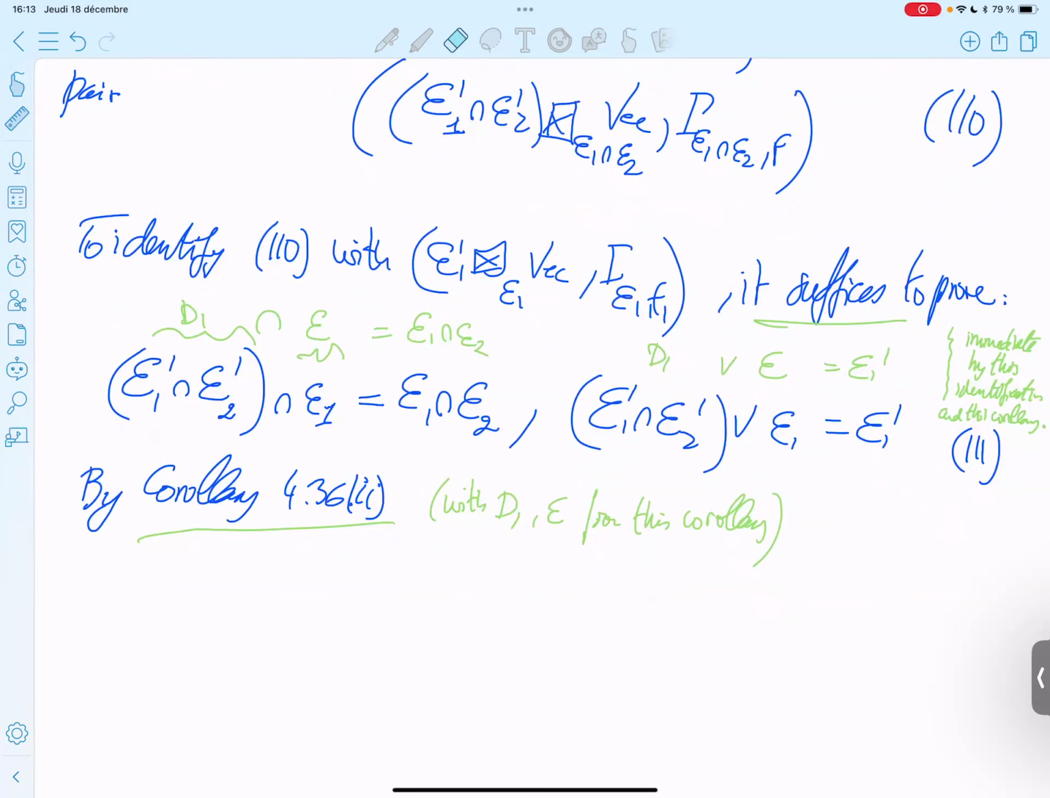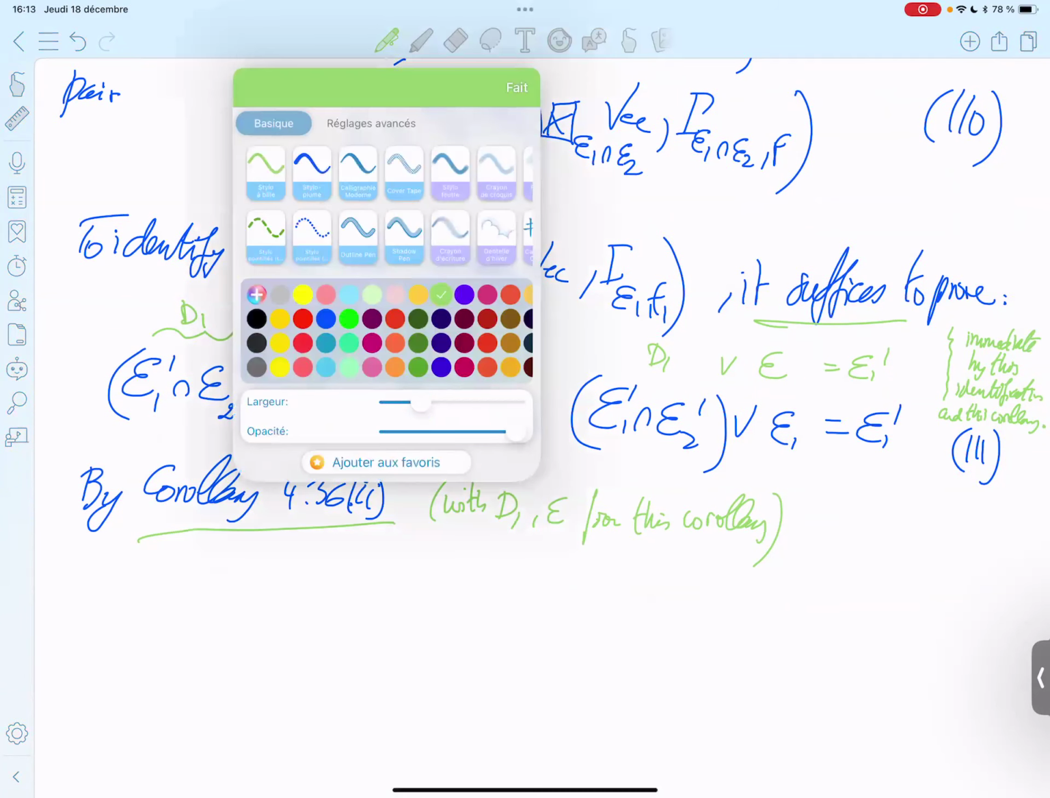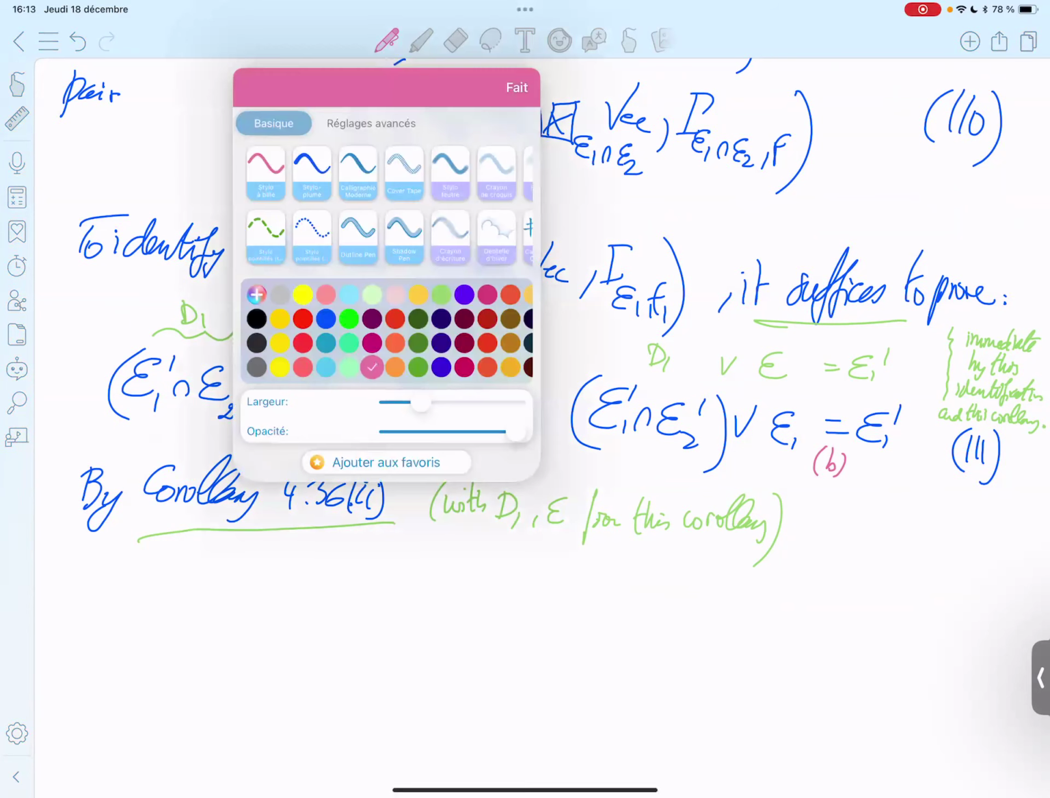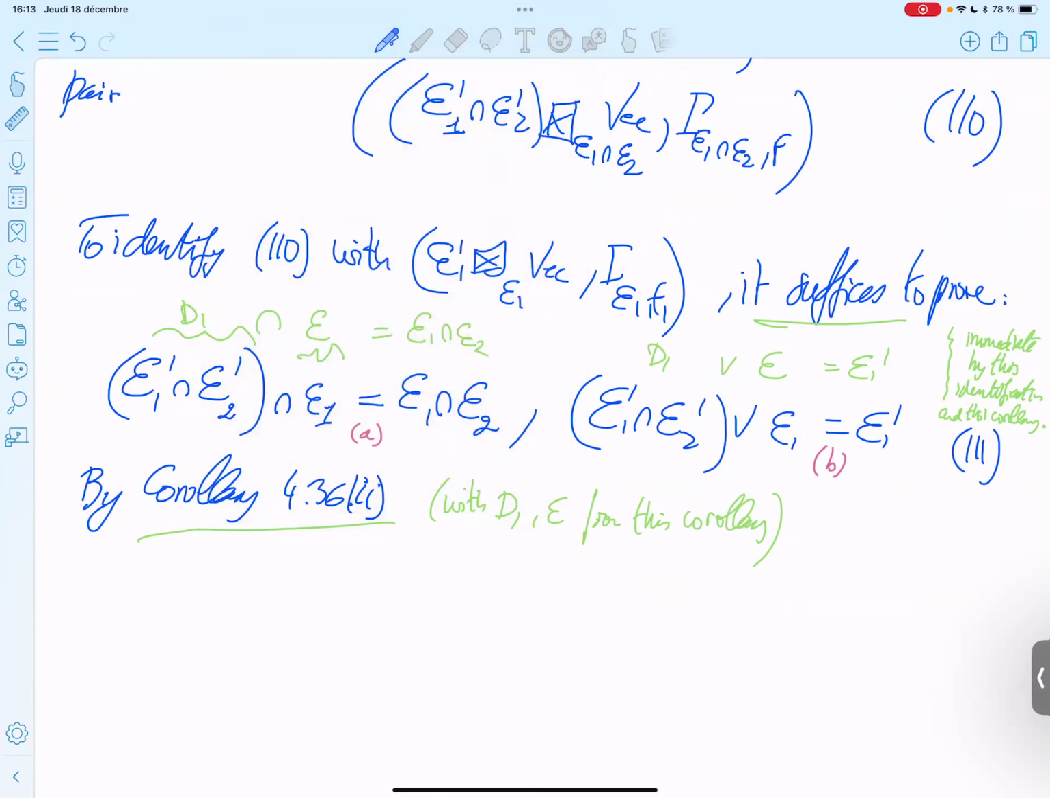Okay. So now why do these two identities hold? This and this. So let's call this one A and this one B, because we will need to call them later. So by this corollary, as I said, this corollary is enough to show that. So these identities A and B imply